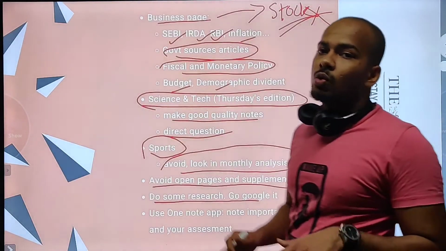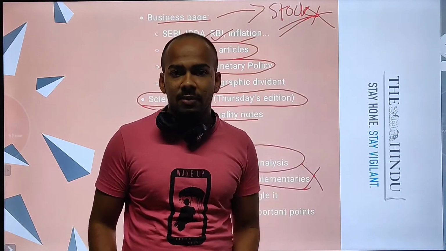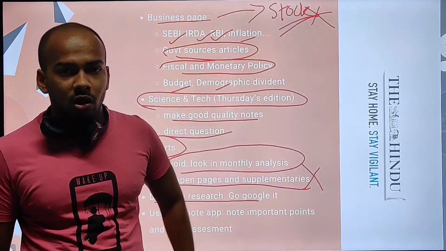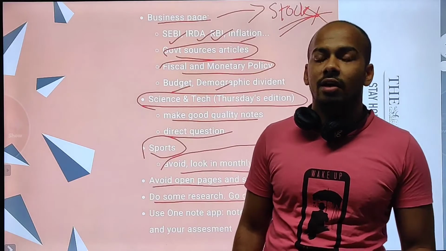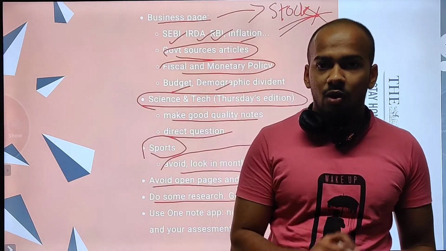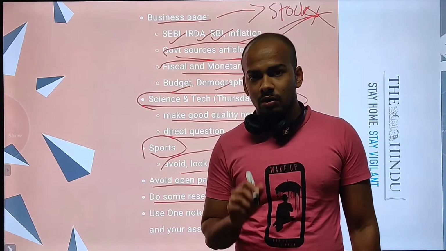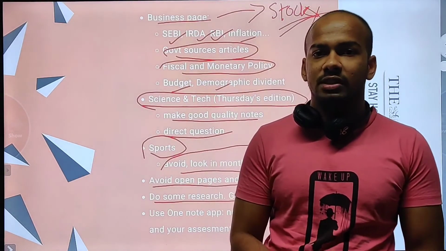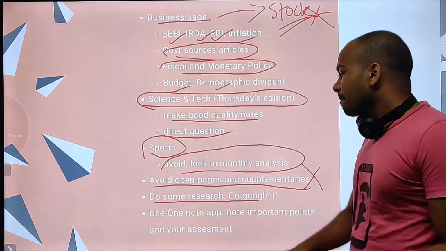You have to search in Google to understand more about it, or even about that farm bill that I was talking about, the farmers protest. If the bills and their criticism are not exactly mentioned in that article, then you have to go and research. For example, let's say you take 1 hour for reading The Hindu newspaper, then the next half an hour you will have to do some research. You have to search and find out what it is exactly about.